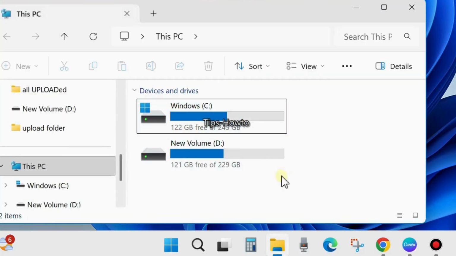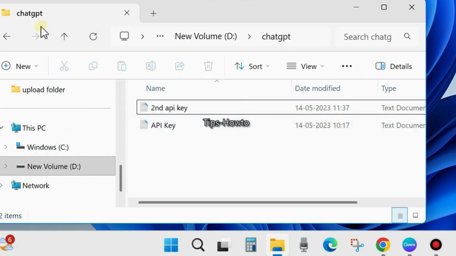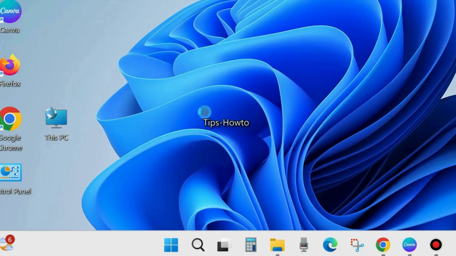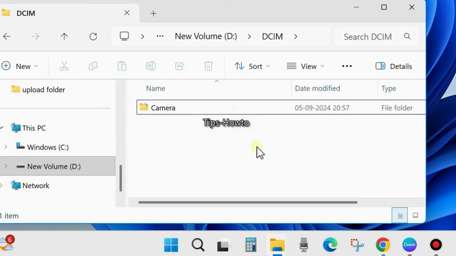Just like browser tabs, this feature lets you open multiple folders in a single window, making multitasking faster, cleaner and way more efficient. I will show you how to use tabs, all the keyboard shortcuts and a few hidden tricks you probably did not know about. So here is the process. You can see